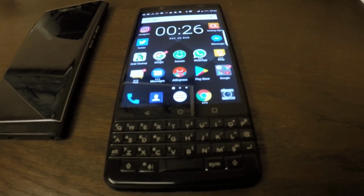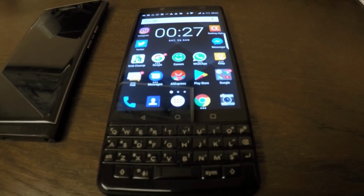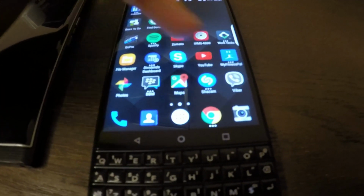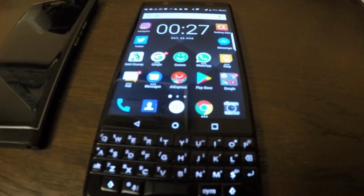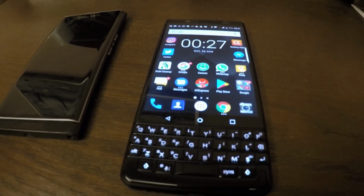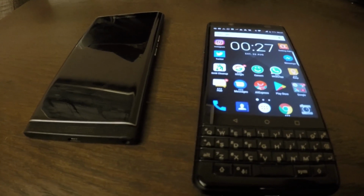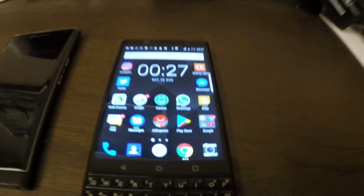And with the Keyone, the battery life is very, very good. I'm almost getting 2 days worth of heavy use on the phone, and the charging is very quick. You have options of quick charge and things like that, and everything here is very quick. Even starting the phone up is like a quarter of the time compared to the Priv. If there's a random restart on the Priv, for example, it'll take you like 2 minutes just to start it back up, and it starts to give you headaches and things like that. I mean, the Priv is a very nice looking phone, but I find that the limited